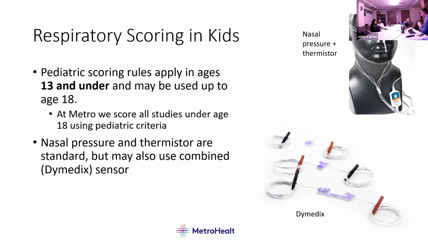And which one do you score hypopneas off of? Which sensor, I should say? Yeah, the other one. And the reason for that is it changes as a result of the square of flow. So it's much more sensitive, and you get a much better sense of flow limitation. Okay, so that's true in adults and kids. But in kids, you're also likely to see this Diametics sensor. You're still going to get those same flow tracings. It's just a little harder to see flow limitation. Questions about that? I realize that's super nitpicky.